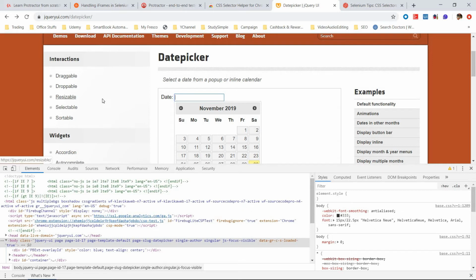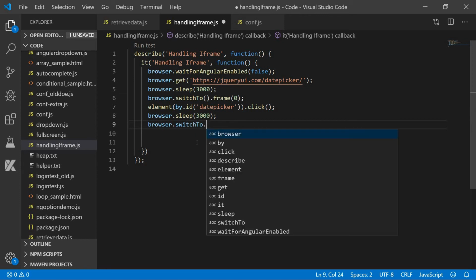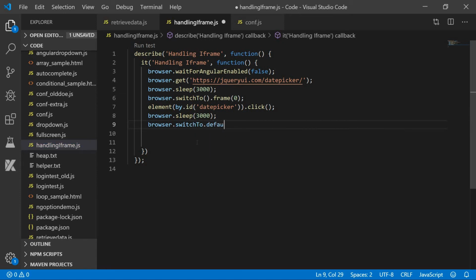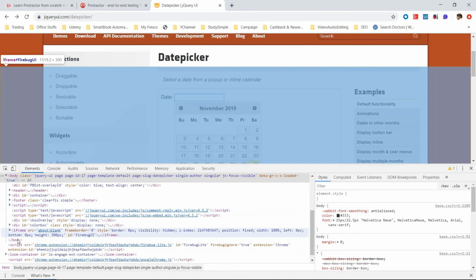For that we have a command, browser dot switch to again, because we are switching to the default content. This will come back outside the iframe, and our focus will be entirely on this part, completely outside the iframe.